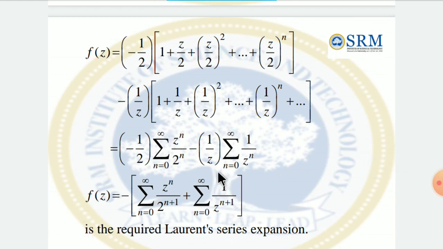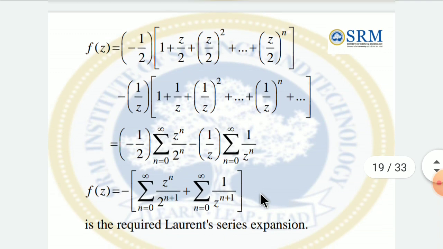It is a perfect form. Why I am saying this is a perfect form means it consists of both the parts. The positive powers of z are the regular part, and the negative powers of z are called the principal part. Why is this coming like this? Because of the second region, one lies inside the circle, another lies outside the circle. So inside the circle will generate the positive powers of z, outside will generate the negative powers. That is the regular part and the principal part. Okay, so this is the perfect example for the Laurent series expansion.